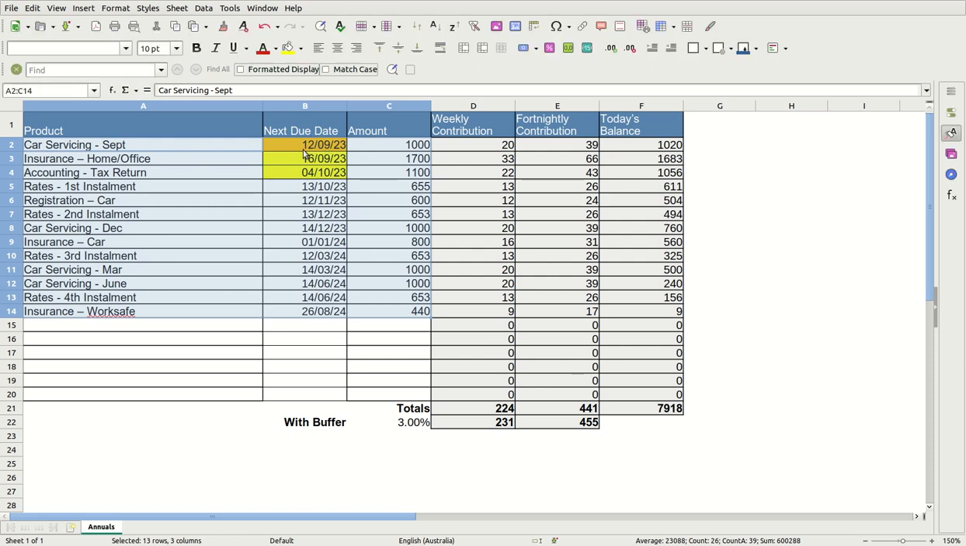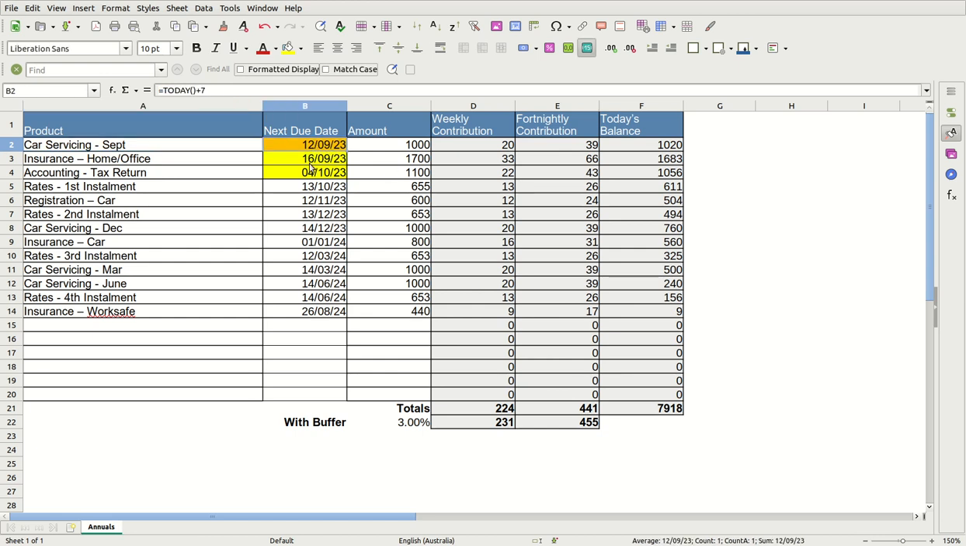So I can see the next one that's coming up is a car service that's due on the 12th of the 9th. And then I've got my insurance is due on the 16th and so forth. So that hasn't changed anything. It's just shuffled the fields around, the items I've got to pay for. So down the bottom, that's purely just a display thing, but it just means that I can see at any point in time